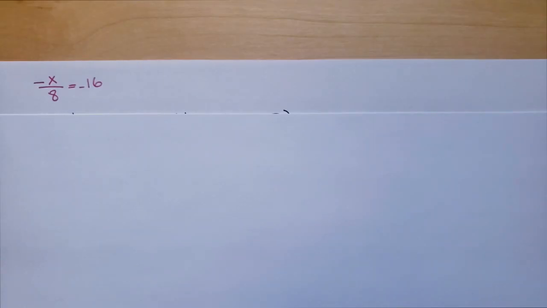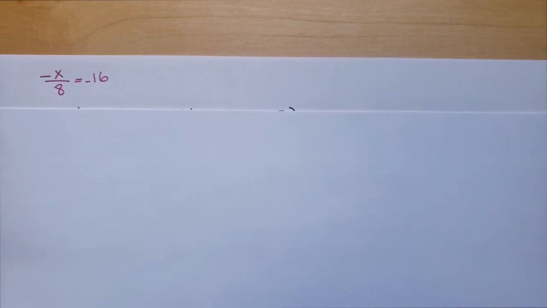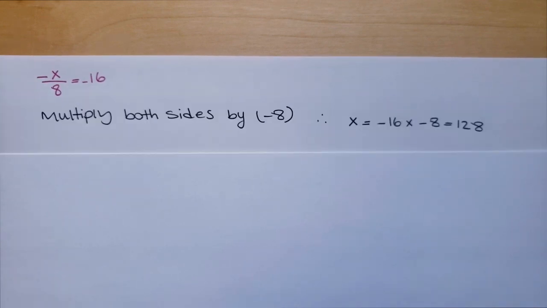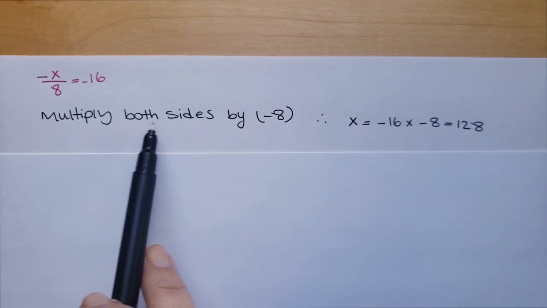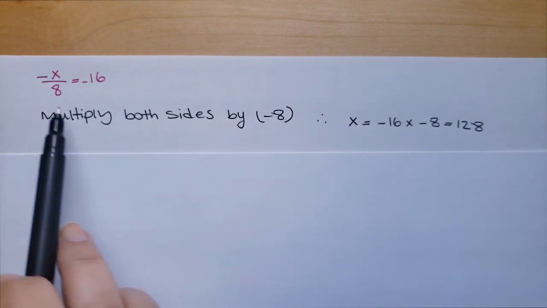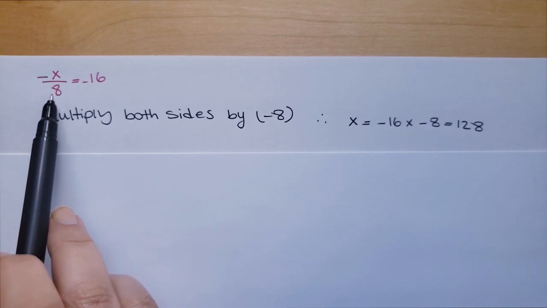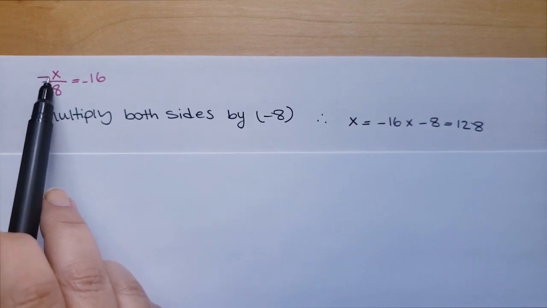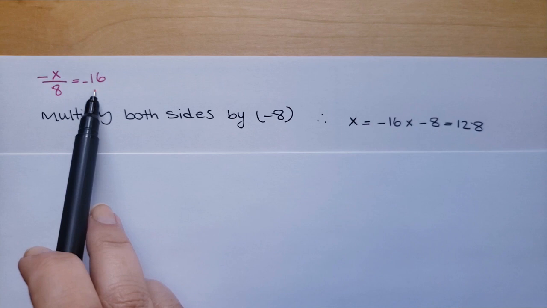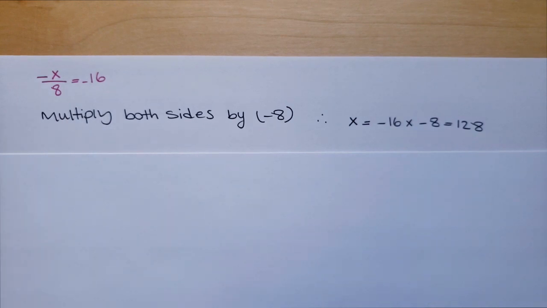Here there is another linear equation. The unknown variable is divided by negative 8. So we have to do the opposite, right? The opposite operation to isolate the x. What we can do, we will multiply both sides by negative 8. So negative 8 will cancel out with this one, which is negative 1 over 8. And on this side, remember, whatever I do to one side should be exactly done to the second side. So x would be negative 16 multiplied by negative 8. And the final answer is